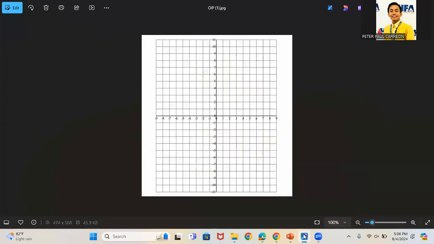As you could see, I have here a Cartesian plane. First, let us identify the center of the circle, which is at (4, -3). So most probably, it is located somewhere here. So this is your center at (4, -3). And we know for a fact that this is the x-axis and this is the y-axis. So that's for proper illustration.